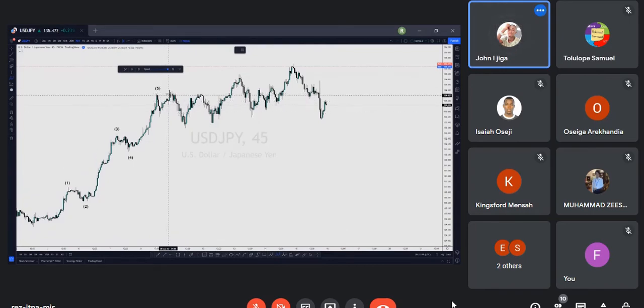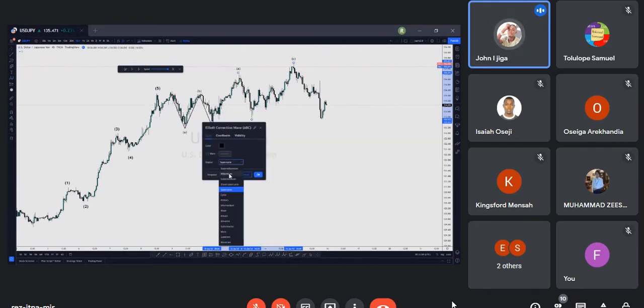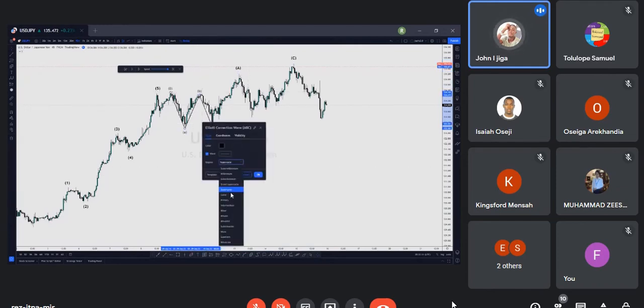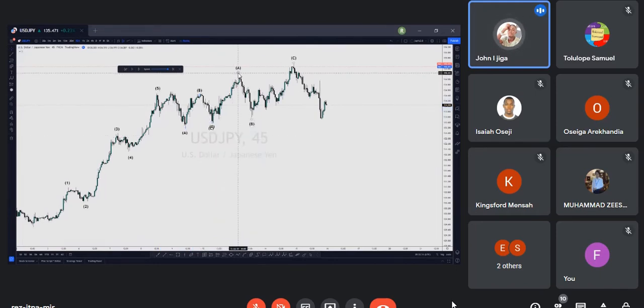This is A B C, also A B C. It's a correction, but it's a wave pattern on its own. Just as SMC has patterns, Wyckoff has patterns of his own, so Elliott wave also has patterns of its own. So this is an Elliott wave pattern which is called a double zigzag. Sorry, not a triple. This is a double zigzag. Right, so you see,